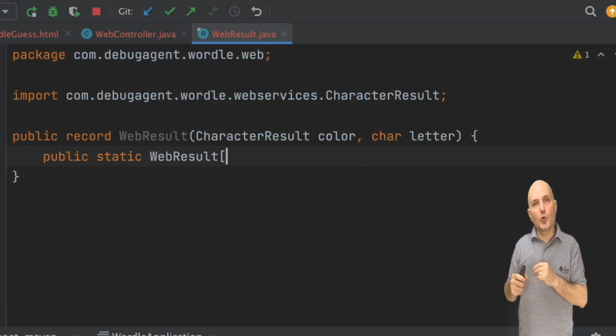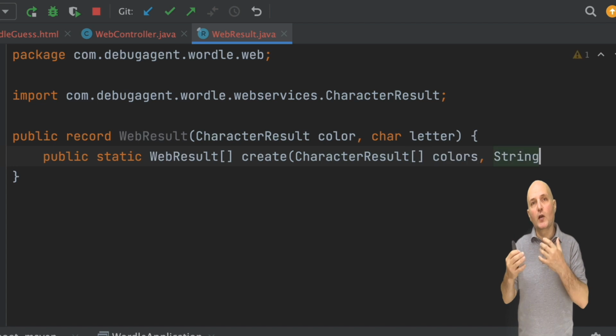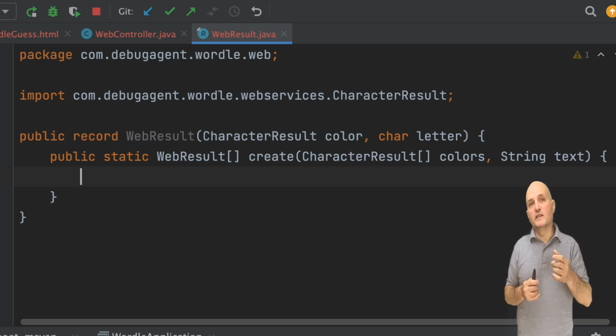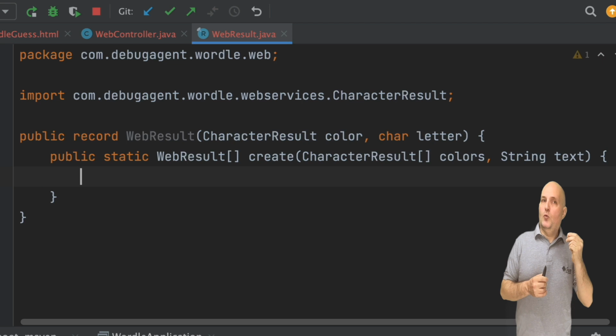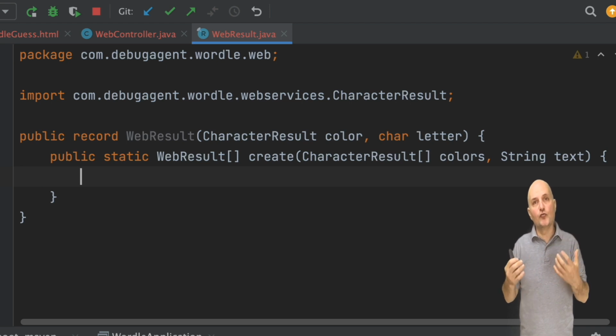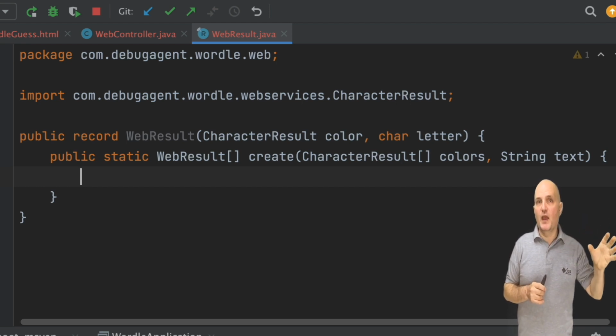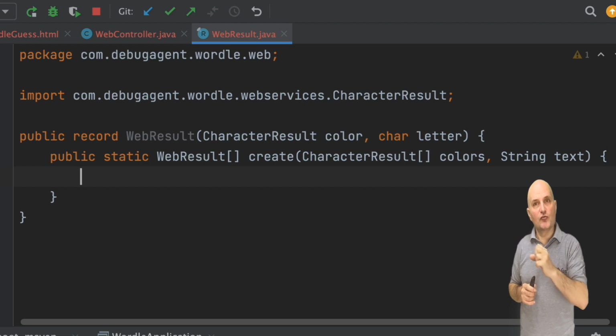Back in the record code, we will create a helper static method that will build an entry of web results for us. A web result is a single character with the color representing its Wordle status, but we need an array of those to match the characters in the string we received. This method accepts an array of colors and the string that generated it.